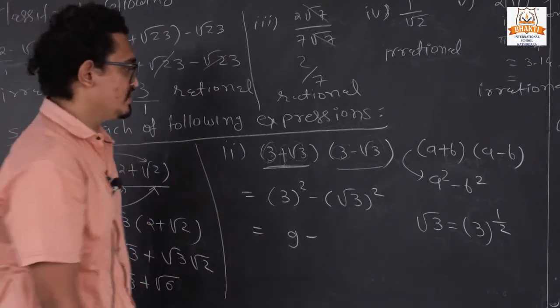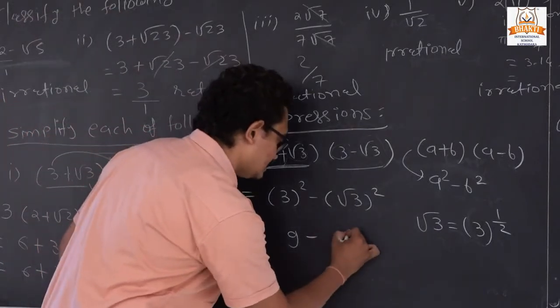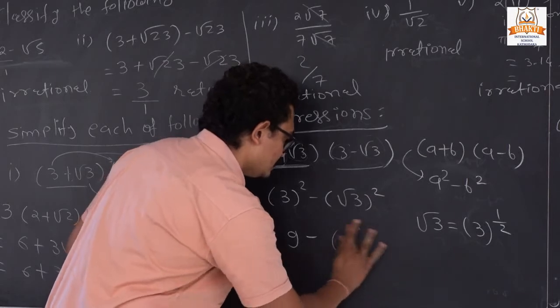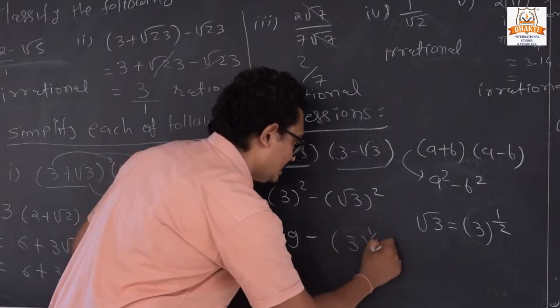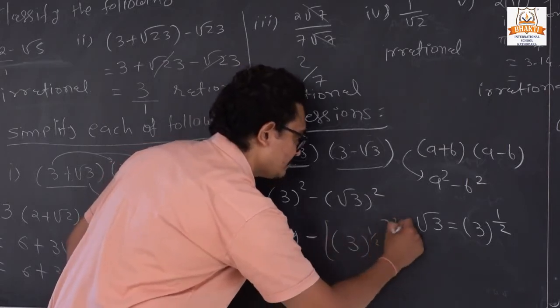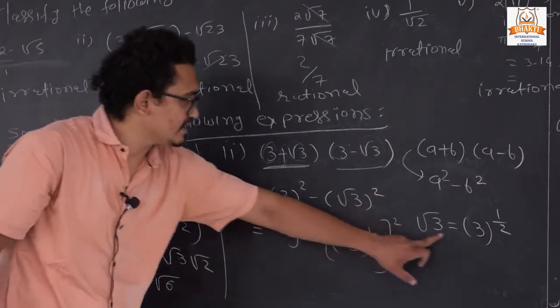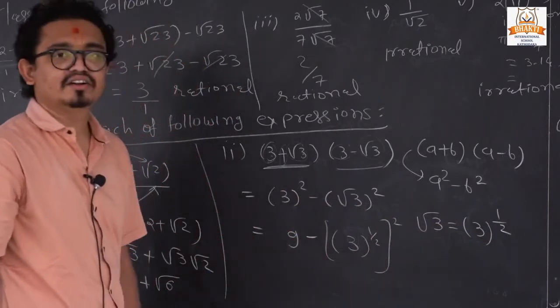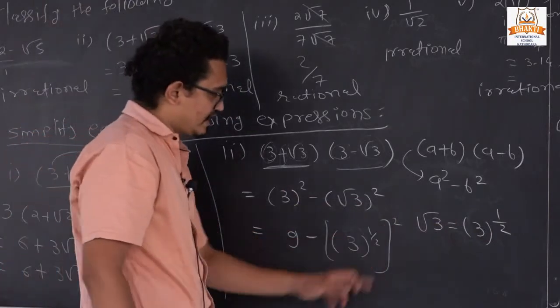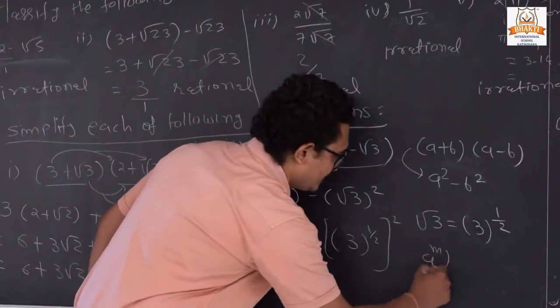Root means, so here we can also write it like that: 3 upon 1 by 2, all raised to square, because here we have a square and root 3 represents 3 raised to 1 by 2. Now these both powers are multiplied. If you remember that